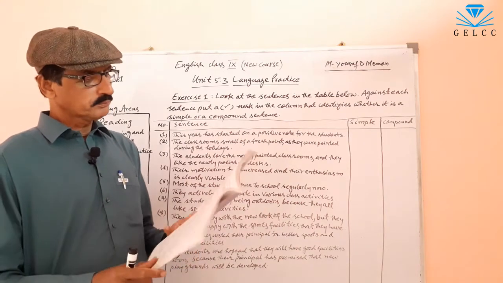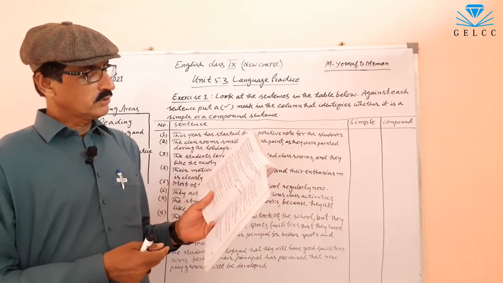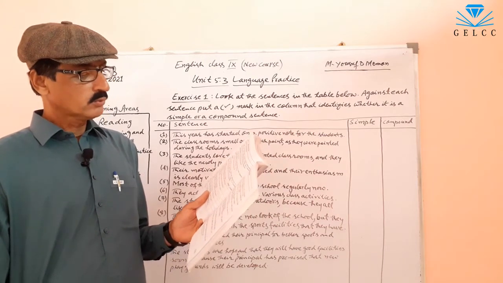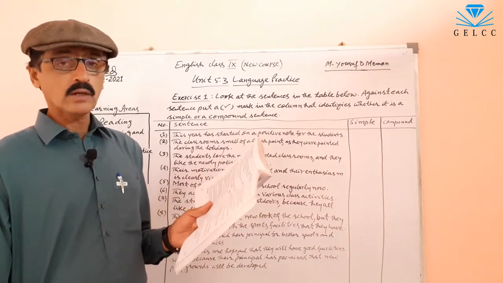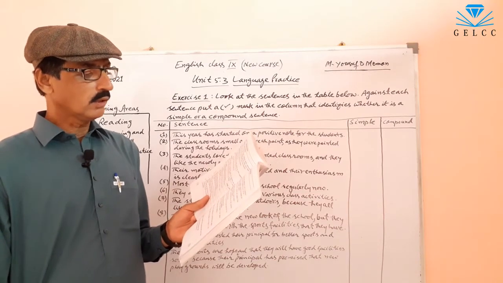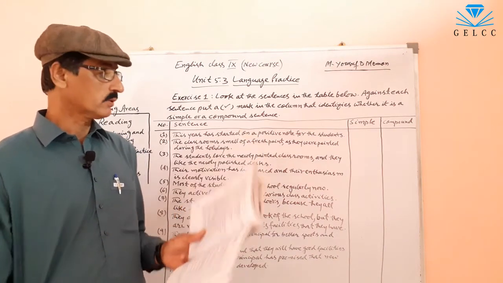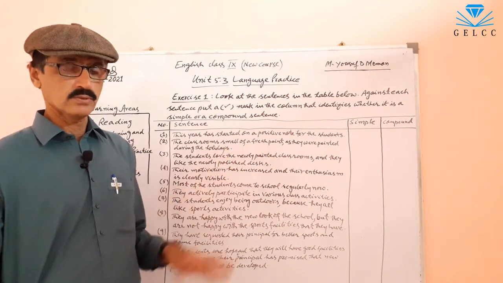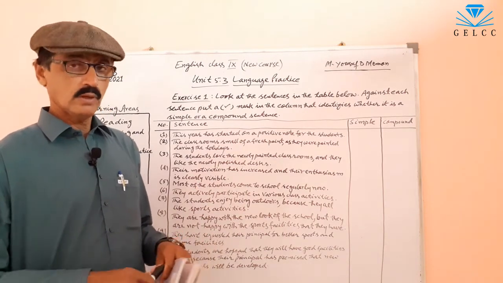Here in your book, it is explained that a simple sentence has one subject and one predicate. In a compound sentence, two complete sentences are joined together by a comma plus conjunction: and, but, or, because, nor, etc. It is a compound sentence. I will explain in detail in each sentence whether it is simple or compound, and how it is a compound sentence. So, let's start.